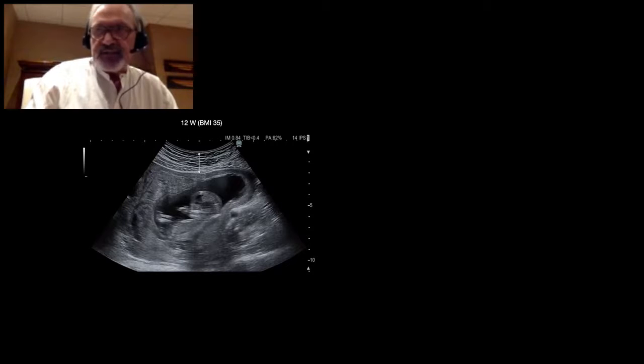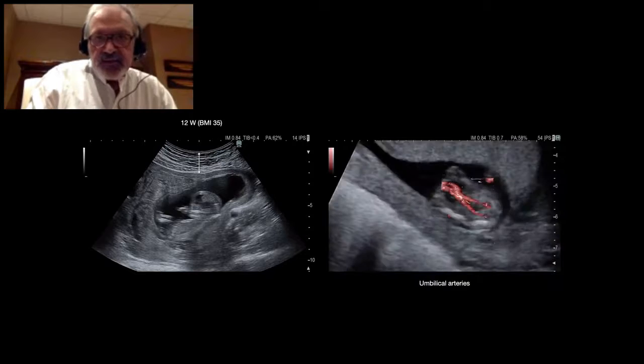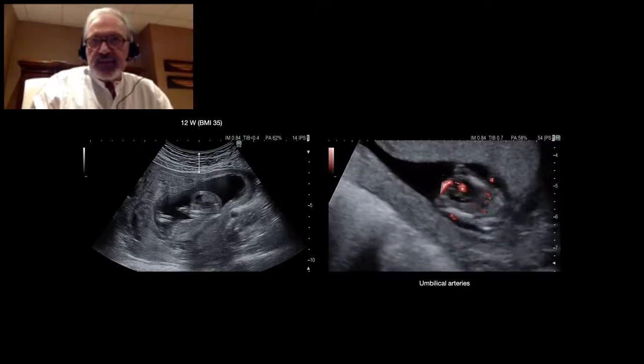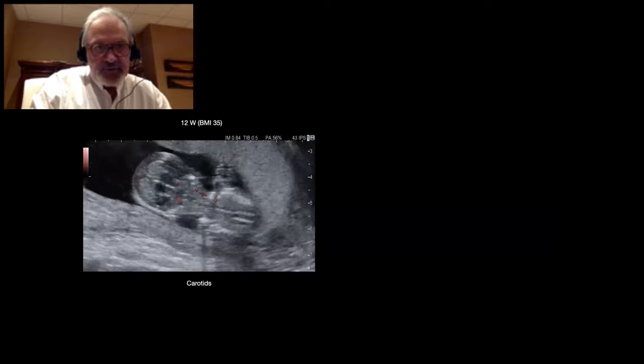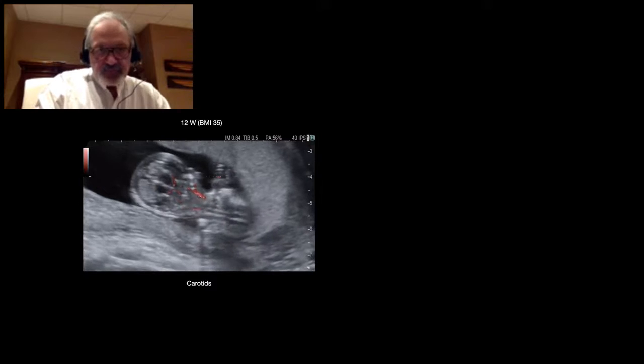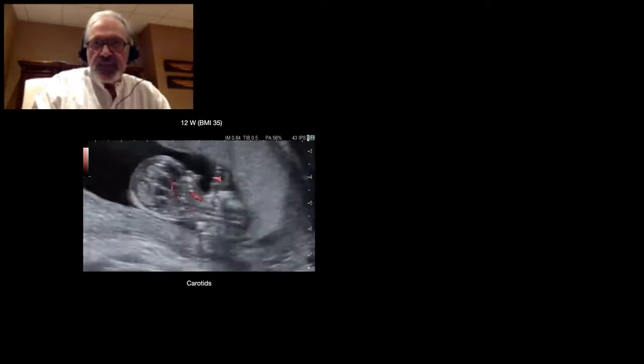Here we have a large thickness of subcutaneous fat, and in this condition, we can see the umbilical arteries passing through either side of the bladder. In the same condition, the BMI is 35, and we can see the carotids, and